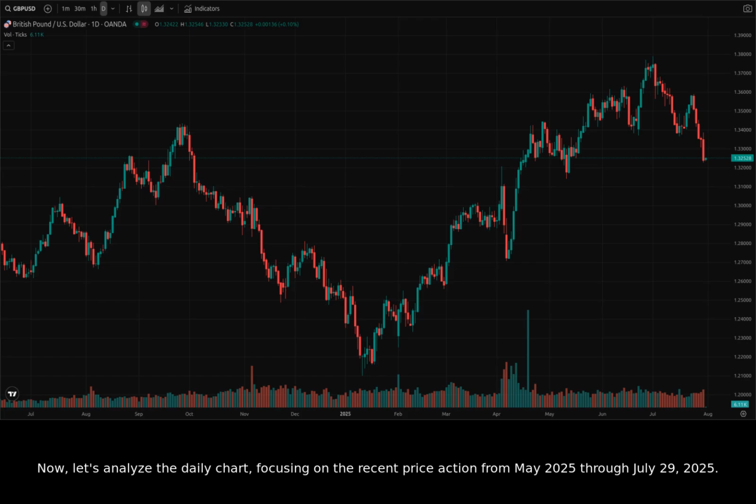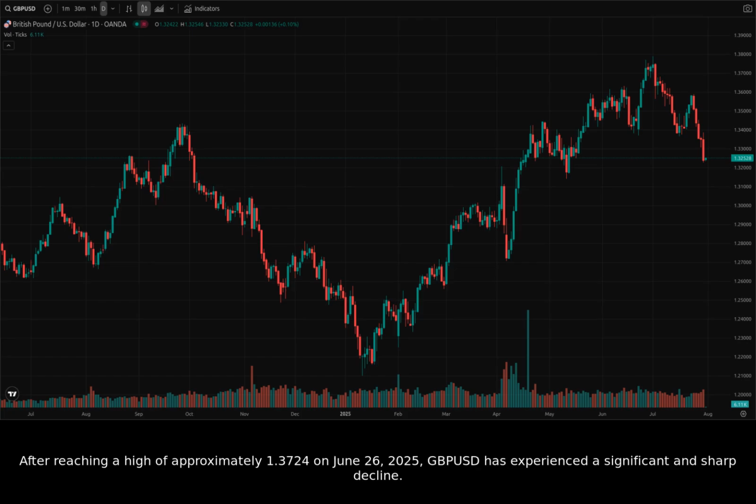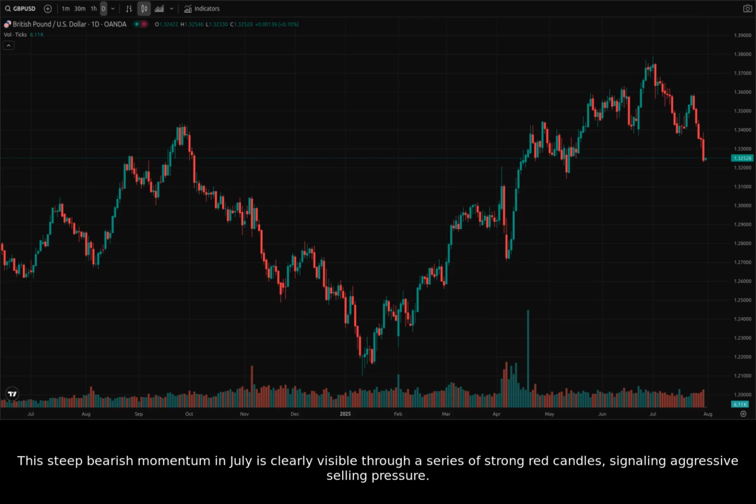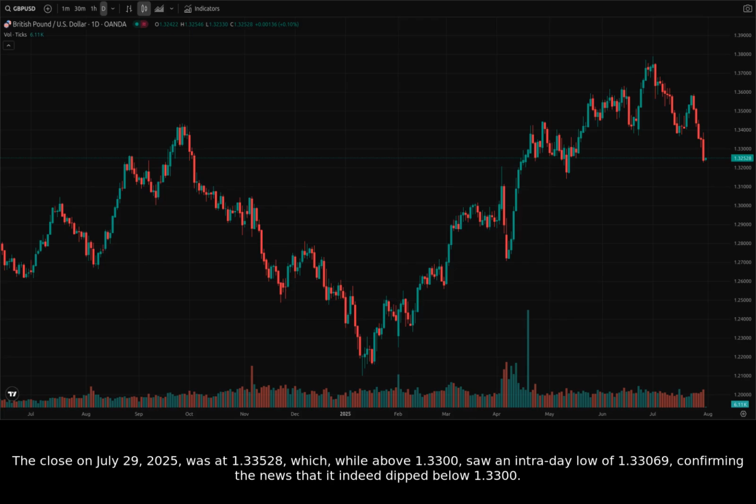Now, let's analyze the daily chart, focusing on the recent price action from May 2025 through July 29, 2025. After reaching a high of approximately 1.3724 on June 26, 2025, GBPUSD has experienced a significant and sharp decline. This steep bearish momentum in July is clearly visible through a series of strong red candles, signaling aggressive selling pressure. The close on July 29, 2025, was at 1.33528, which, while above